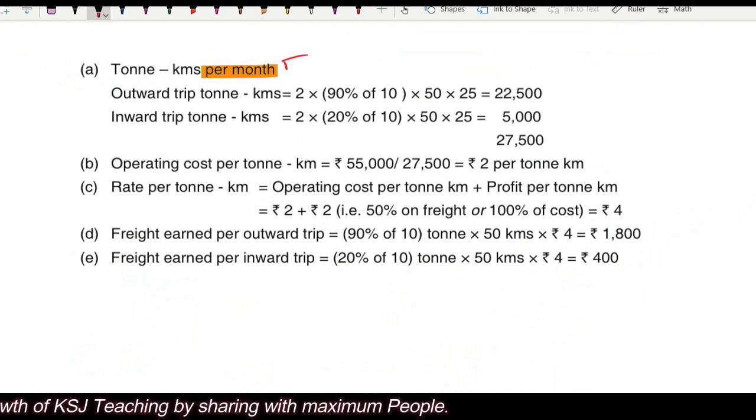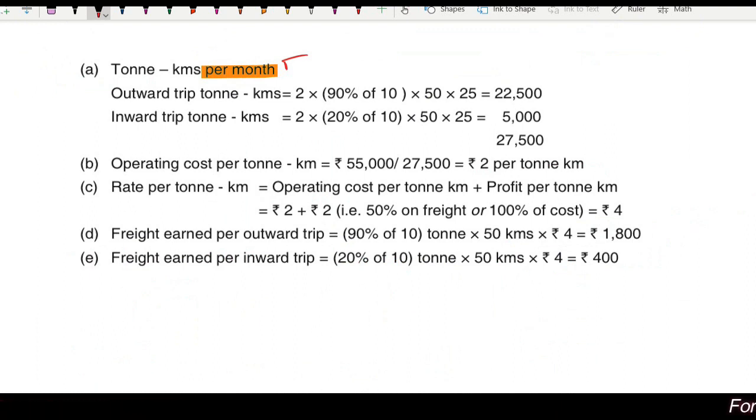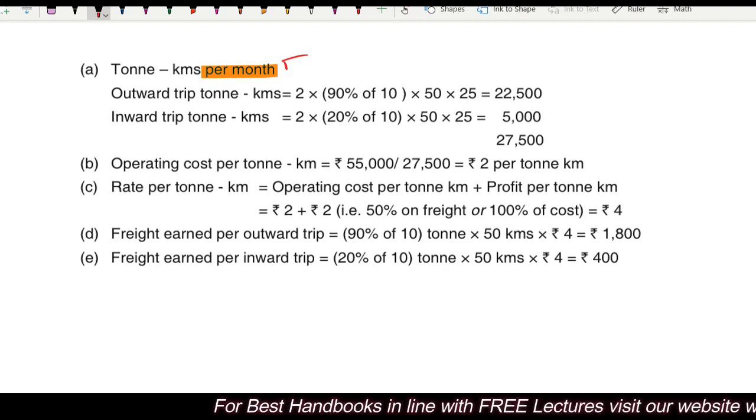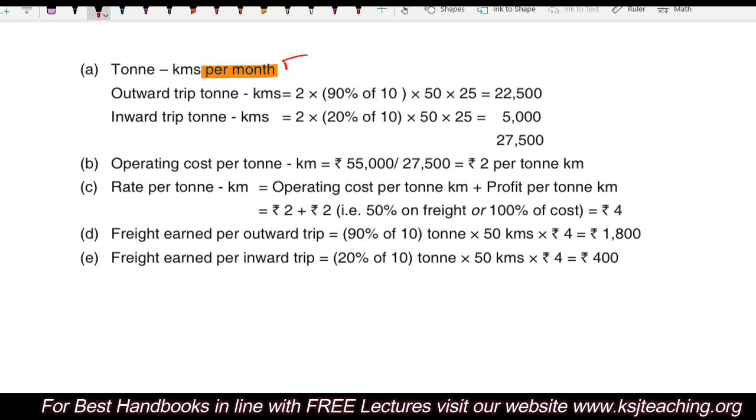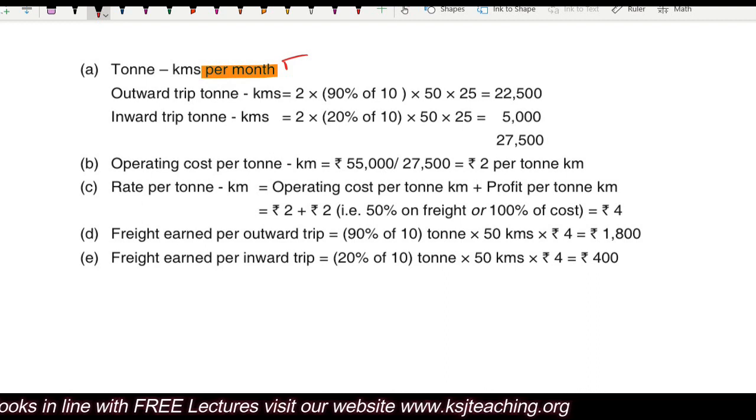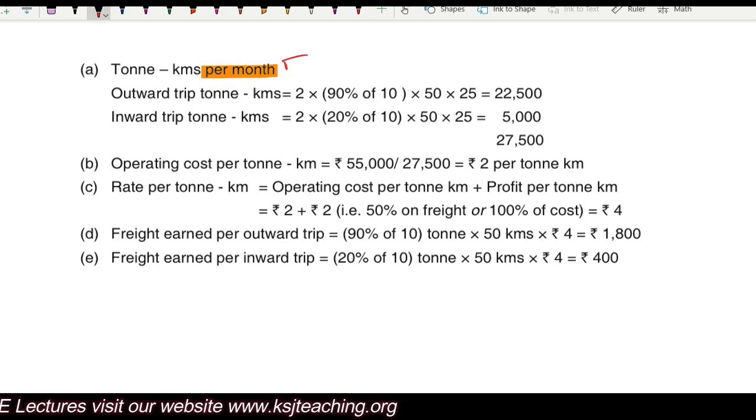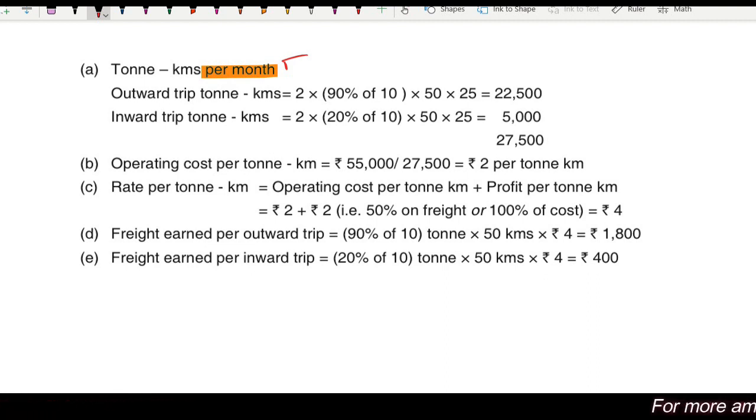Be very careful, because this is one of the biggest mistakes that students commit in the question of service costing. Effective kilometers they will calculate for the year, right? Then whenever you have to take the cost, they will take it for a month or a quarter or semi-annually, whatever is given in the question. If they are giving 10 types of cost, some cost will be given per month, some annually, some quarterly. So particularly in service costing, be very careful with the period.